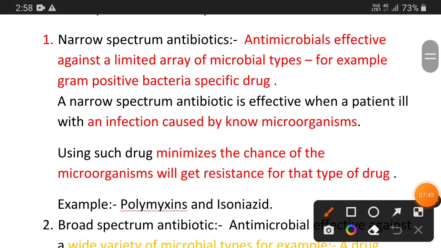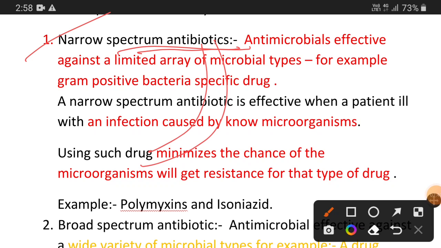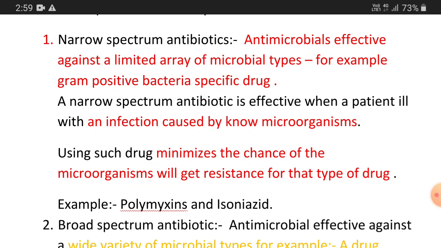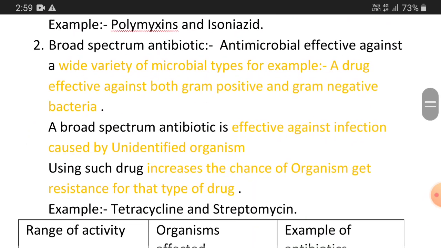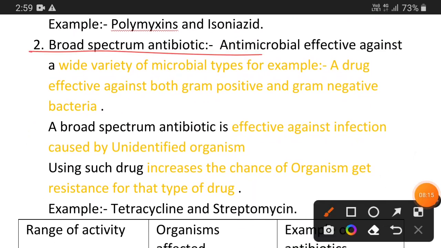So I have told you about the narrow spectrum antibiotic, which is specific to only one type of microorganism, for example isoniazid. We use narrow spectrum antibiotics when we know which microorganism is responsible for which type of infection. The biggest advantage of a narrow spectrum antibiotic is that it minimizes the chance of drug resistance. But the opposite is the case with a broad spectrum antibiotic, which is specific for